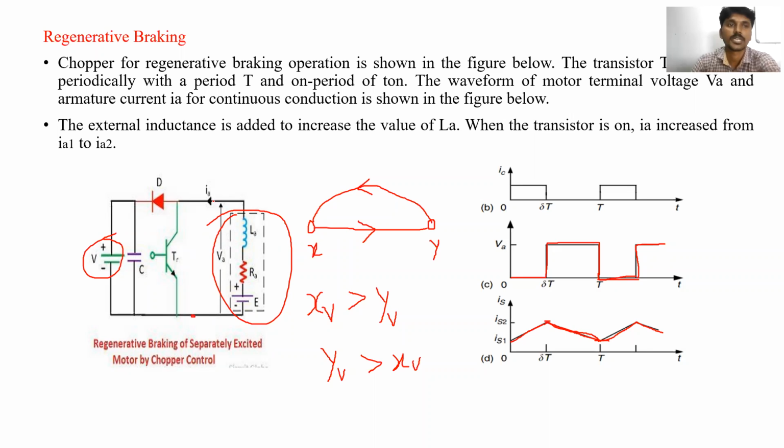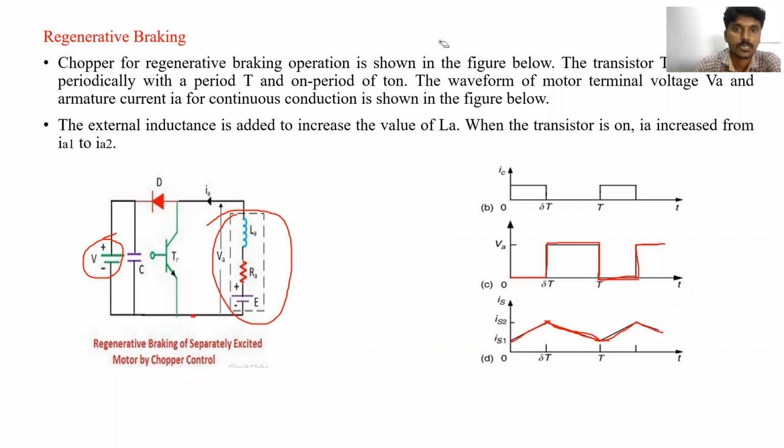Clear? In this one, the motor speed direction is the same, but the speed is going to decrease. We saw this in the last practical: whenever the switch is moved towards the braking side, the motor direction is the same, but the speed decreases, and after some time the motor stops. It is the same process here.